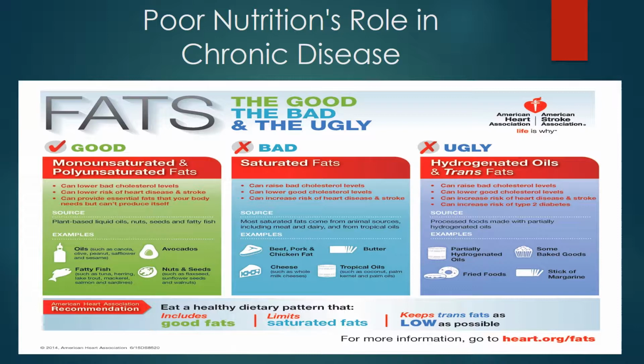The foods that are labeled as bad are those that have high saturated fat content, which raise our bad cholesterol levels within the blood and lower the good cholesterol levels. A high intake of saturated fat can lead to an increased risk of heart disease and stroke. When purchasing food, look for lean beef, pork, and chicken, which will lower the intake of saturated fat.